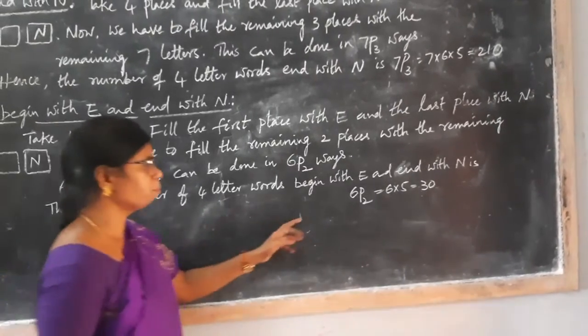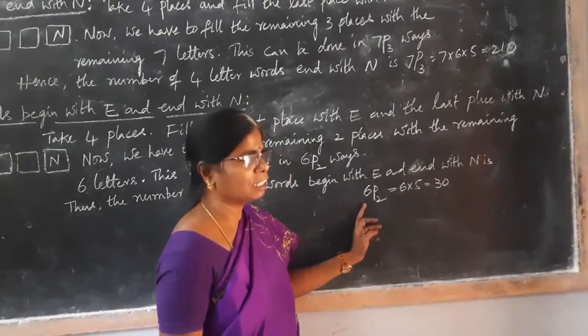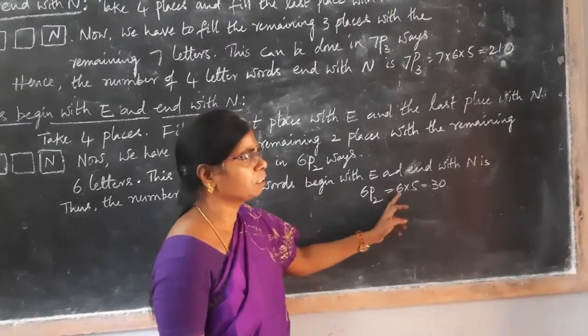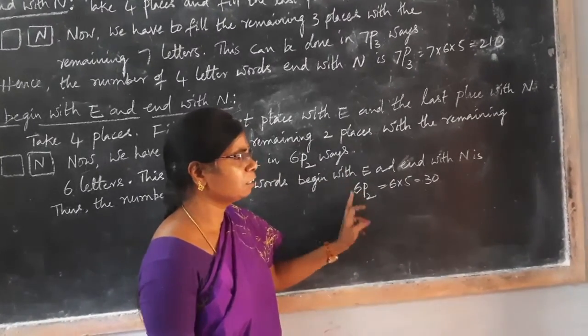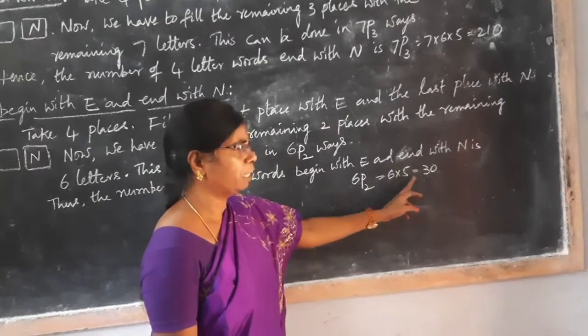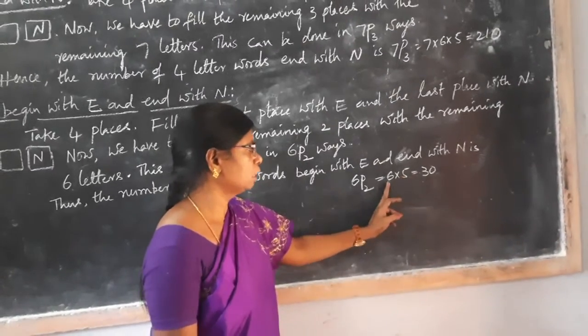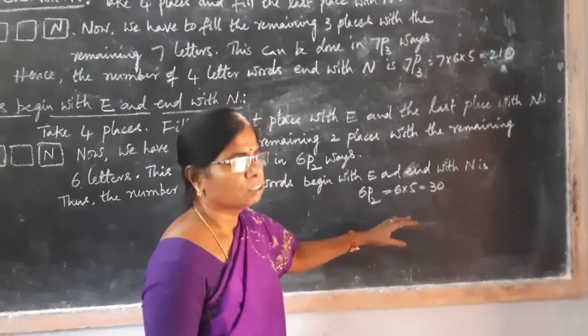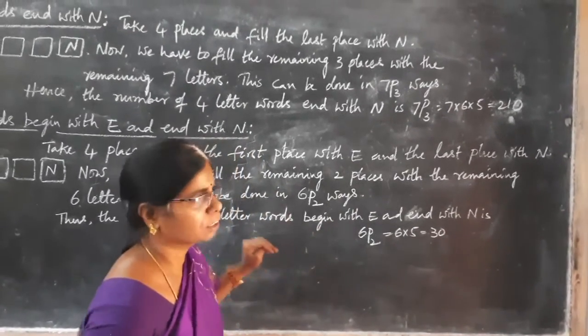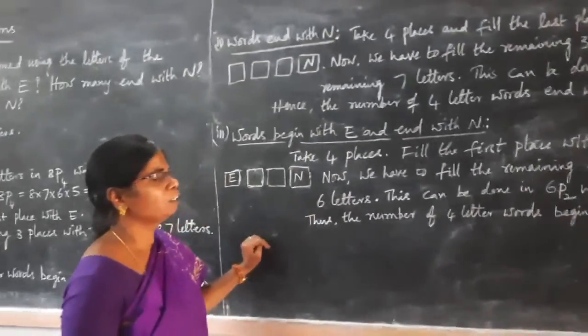6P2 is very simple. How we write 6P2 is quite easy. Begin with 6 and write 2 factors, two numbers: 6 into 5. So that is 30. This is the problem which is given in your textbook, and similar problems are there